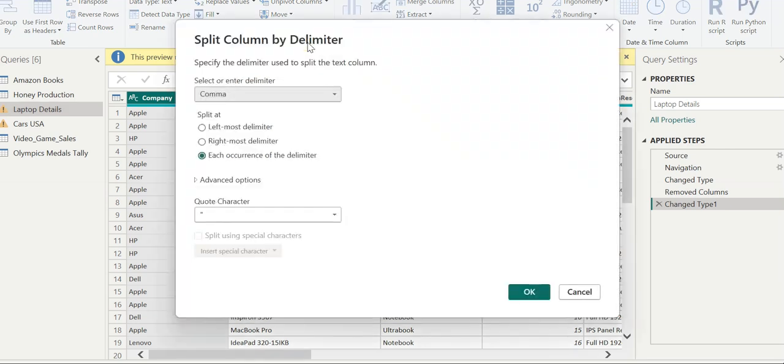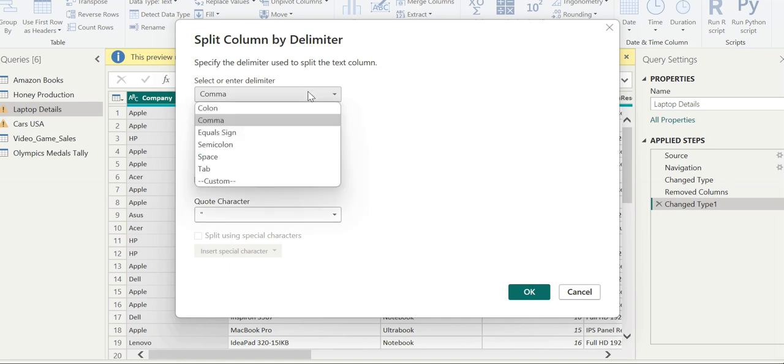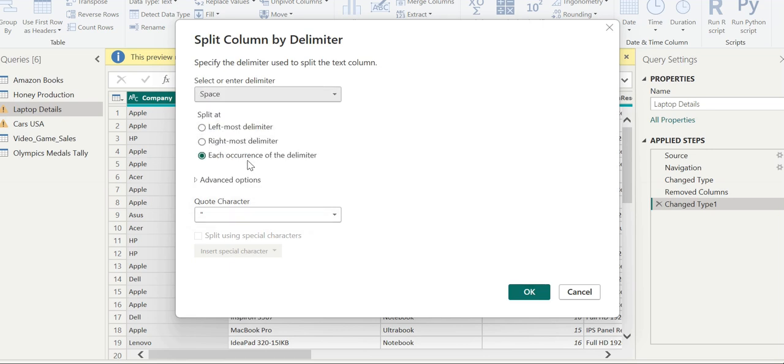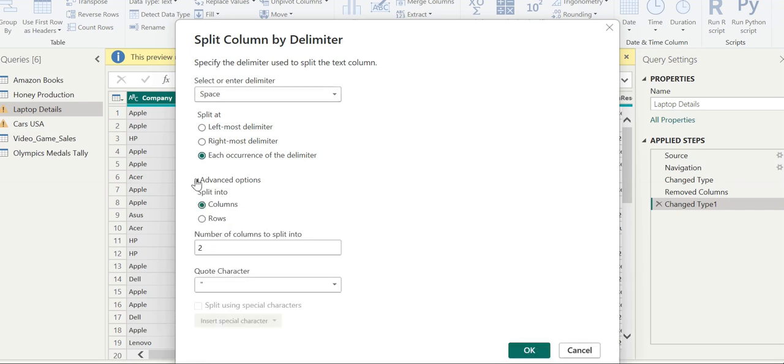So now select or enter the delimiter. There are a number of options: comma, colon, equal, semicolon, space. We will select space here because we really require space. And at what do we want to split? We want each occurrence of the delimiter split. Now if we take a look at advanced options, we can split it on the basis of columns or on the basis of rows.